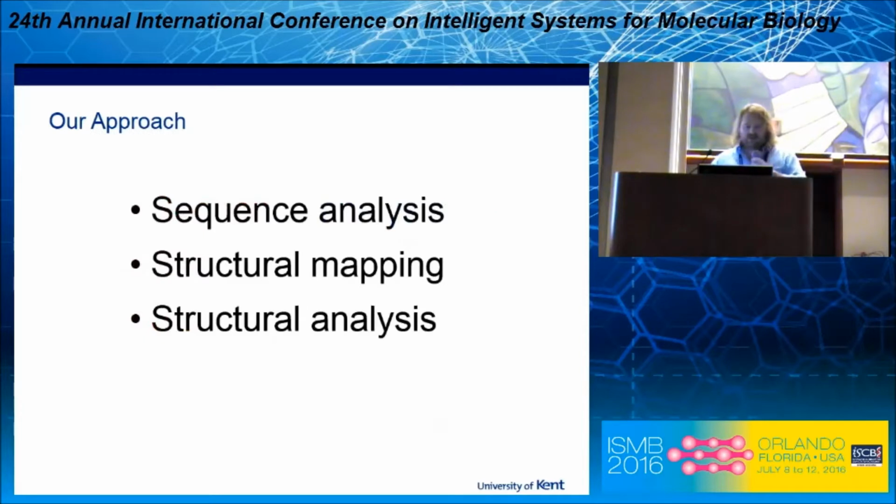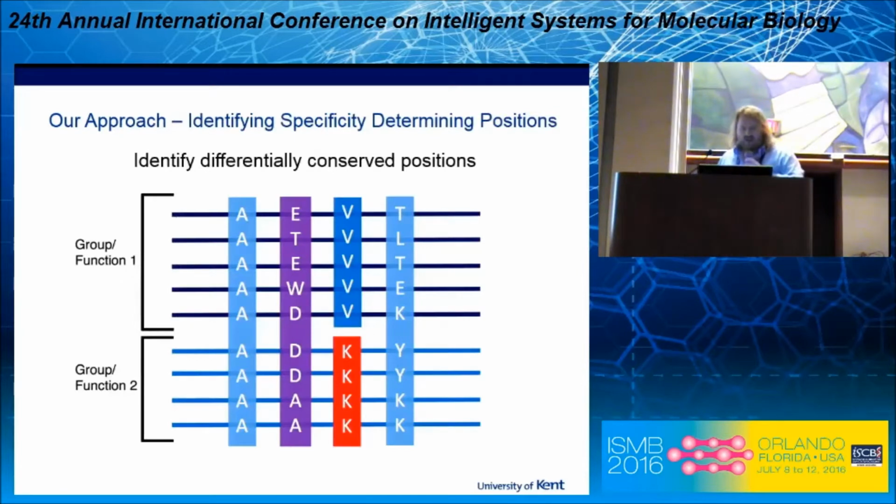So we used what I would call a traditional bioinformatics approach, starting with sequence analysis, which then led on to more in-depth structural analysis. Central to our sequence-based approach was to identify specificity determining positions in the Ebola virus proteins. So in this example alignment, this position here would be a specificity determining position. If we have subgroups within our alignment, which traditionally might be thought of as, say, different members within an enzyme family,